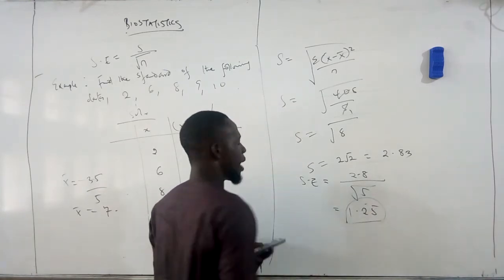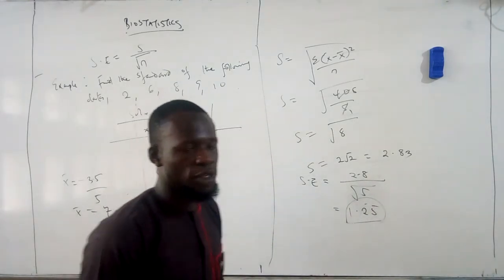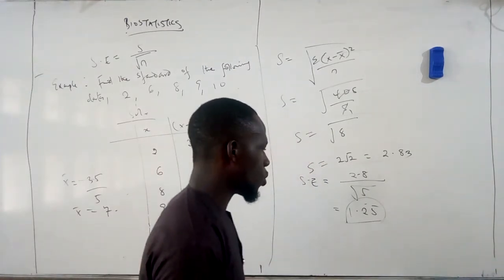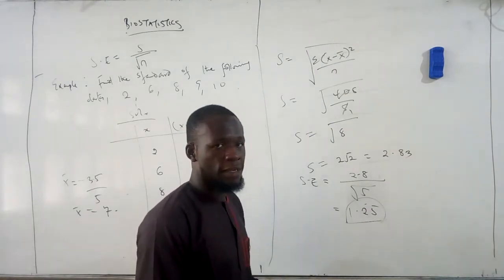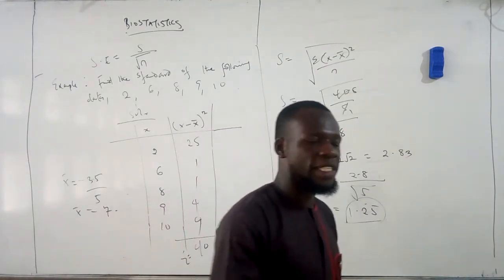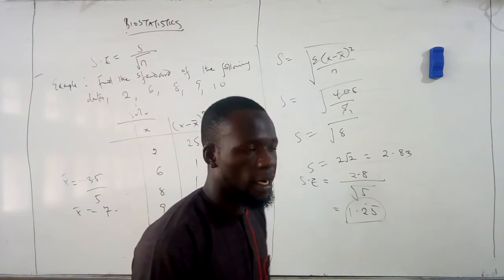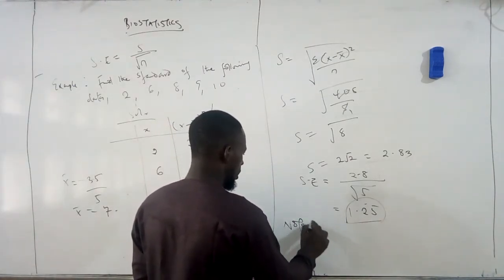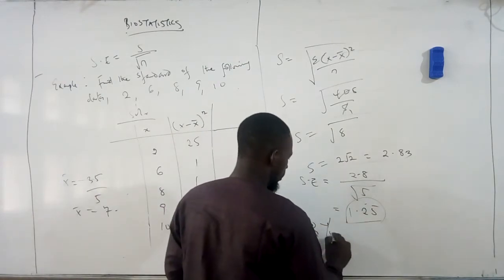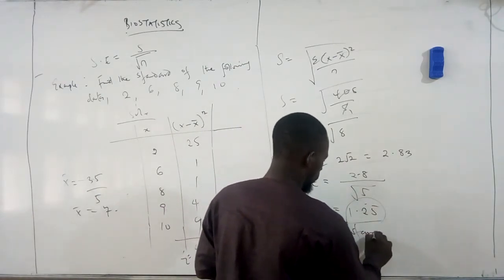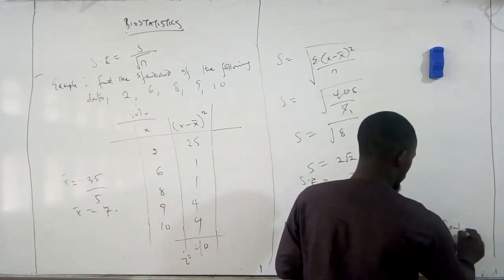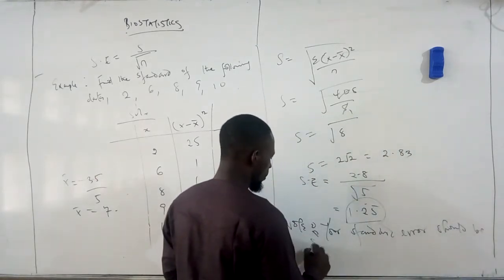This shows you clearly, mind you, that your standard error should be smaller than your standard deviation. It is always like that. If it's not smaller than the standard deviation, then you should know that there is an error in your statistical values. So you should note it: the standard error should be smaller